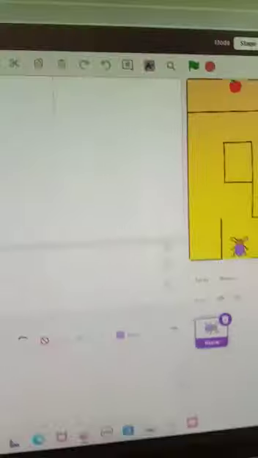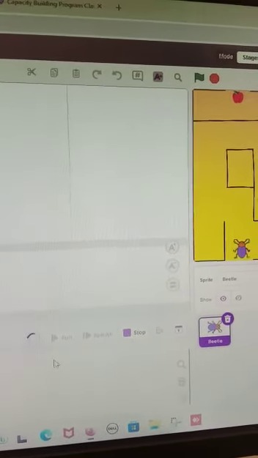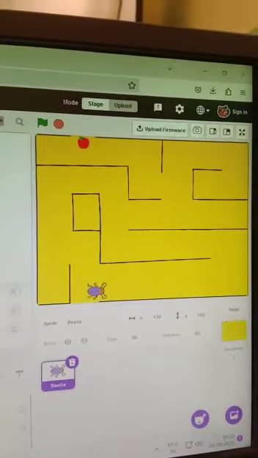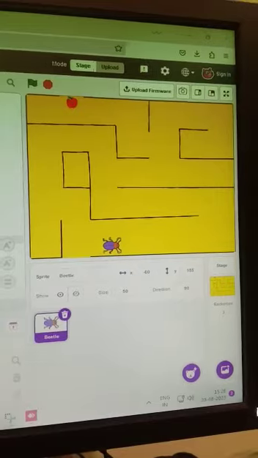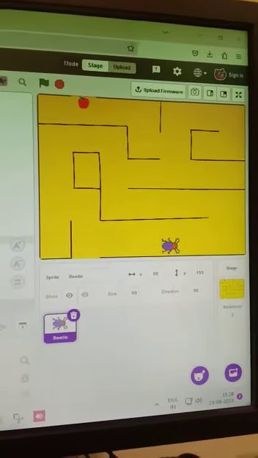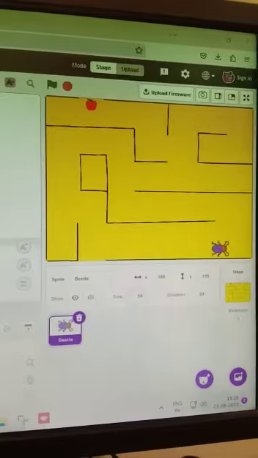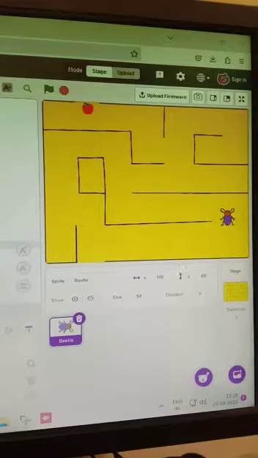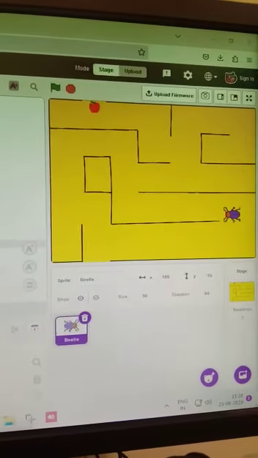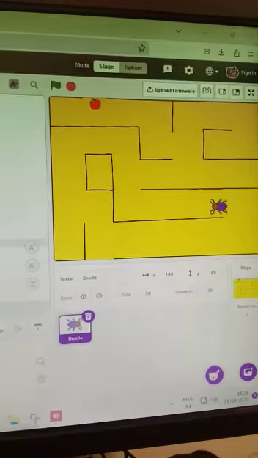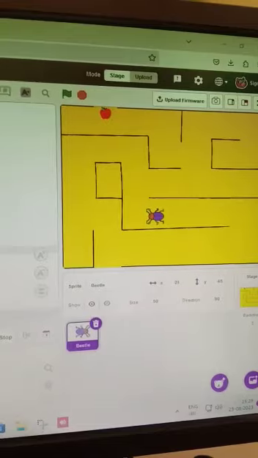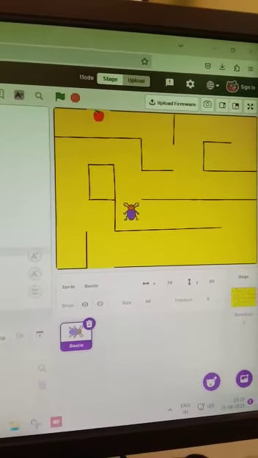Now let us see how it works. Now I'll be pressing the run key and I will be making the sprite move. It is moving to the right side. It is moving upside. It is moving left side now. Now it is again moving